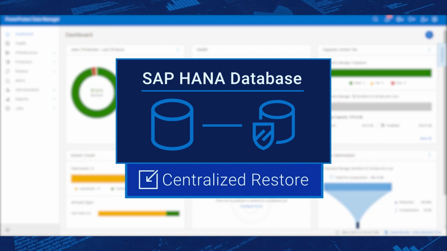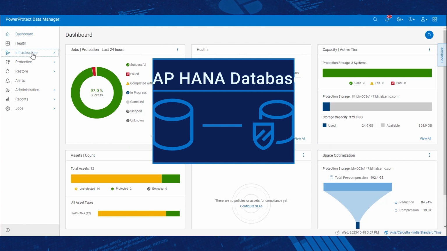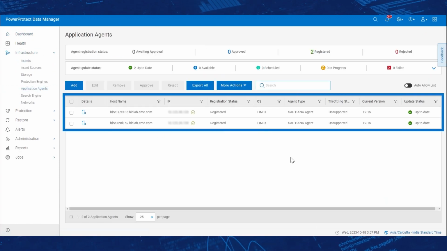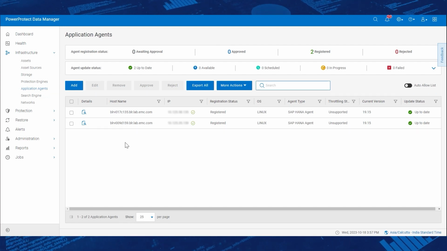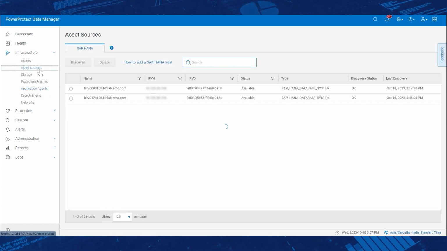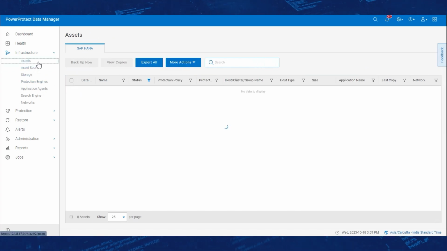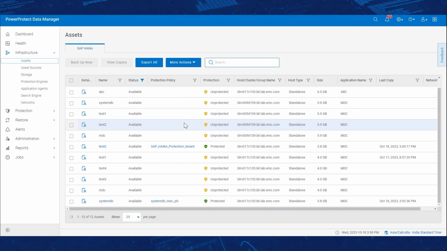For this demo, I have already integrated and registered the SAP HANA hosts with PowerProtect Data Manager. On the Application Agents page, we see that the SAP HANA hosts have been registered successfully. After they are successfully registered, the hosts are discovered on the Asset Sources page. And after the successful discovery of the asset sources, we see that the SAP HANA databases are discovered as assets